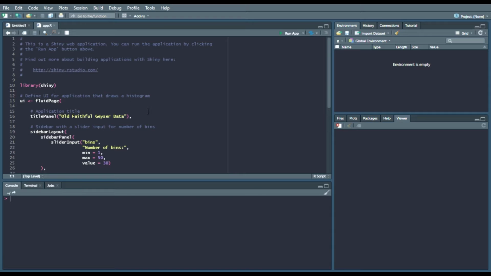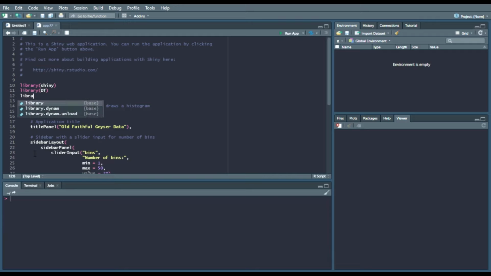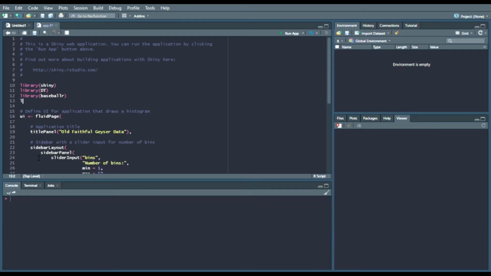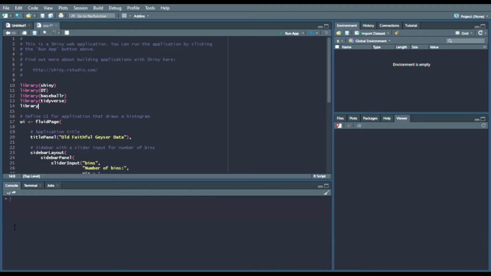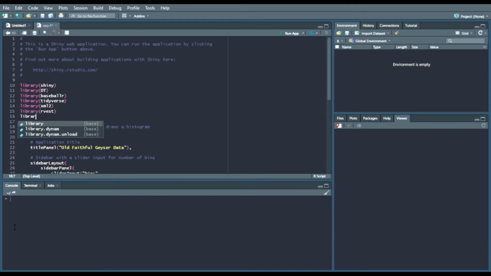So what we're going to do here is get right into it and add the various libraries that we need. So we have Shiny, DT for data tables, and of course baseballr, that's a necessary package. And we'll have tidyverse, xml2, rvest,